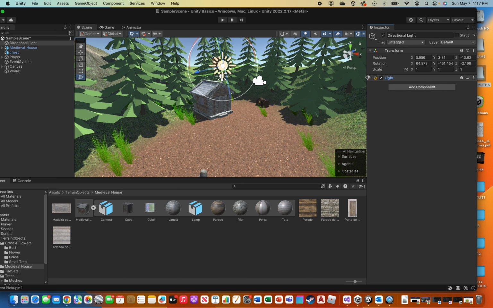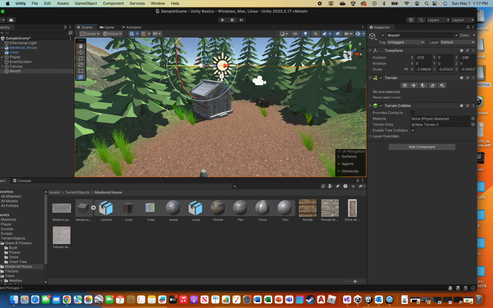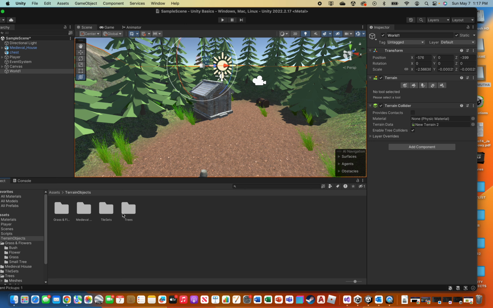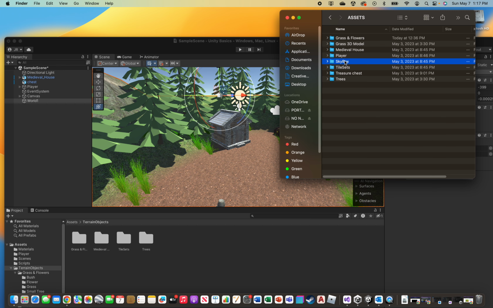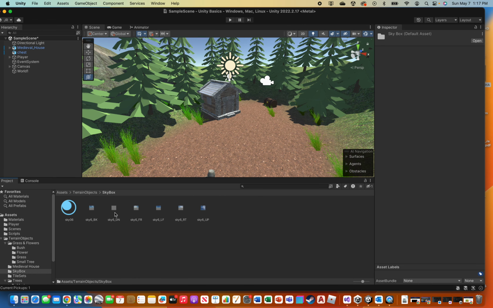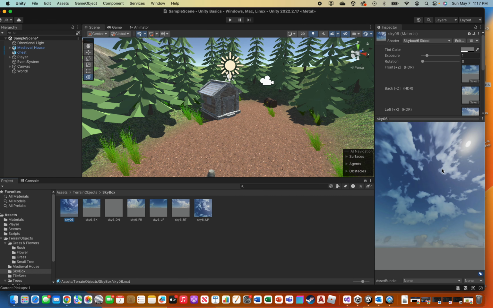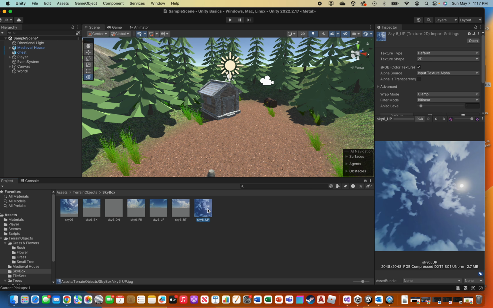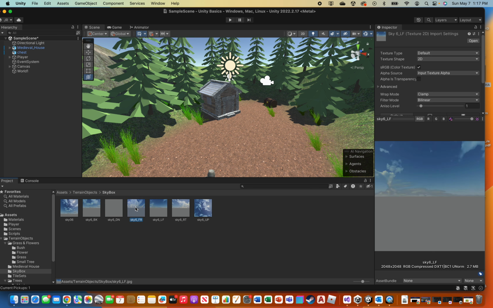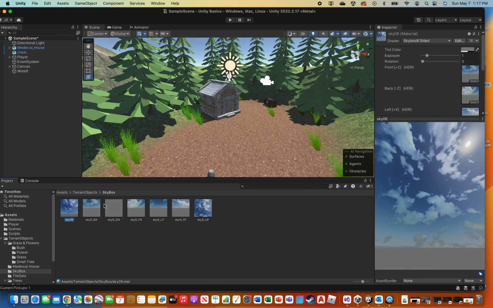One last thing I want to show, which I think is really worth showing, and again, I know this two-part video for Terrain Editor is a long one. The last thing I want to show is skyboxes. So if we go back to Terrain Objects and we add a skybox, which I will drag from the folder of stuff I've given you guys. A skybox is basically a sky that you can download, and it's made up of 6 images that are stitched together to make one complete world,